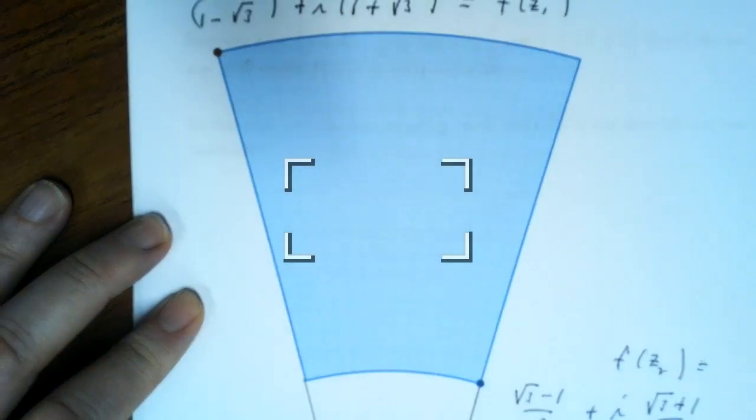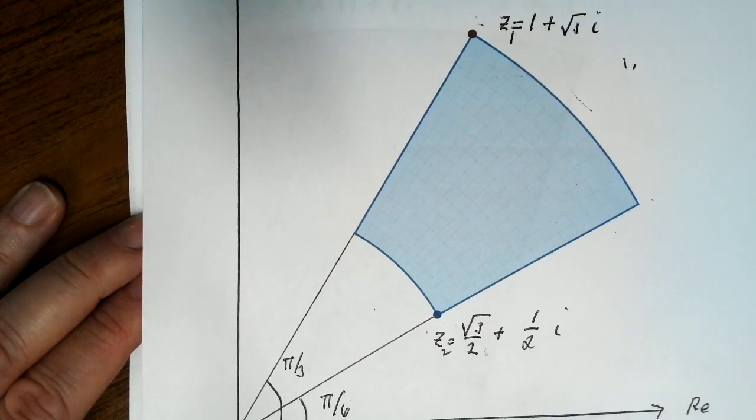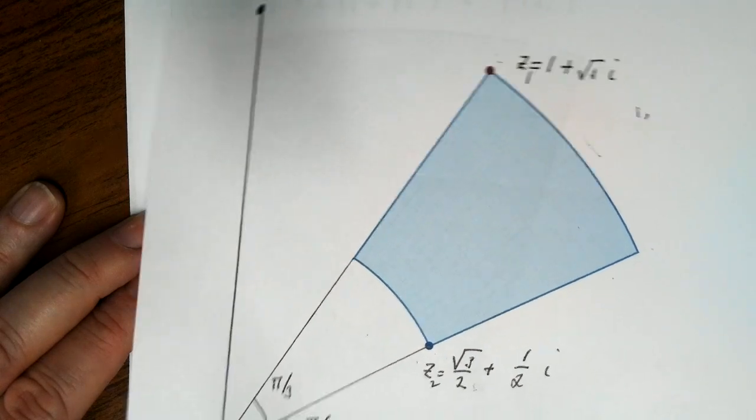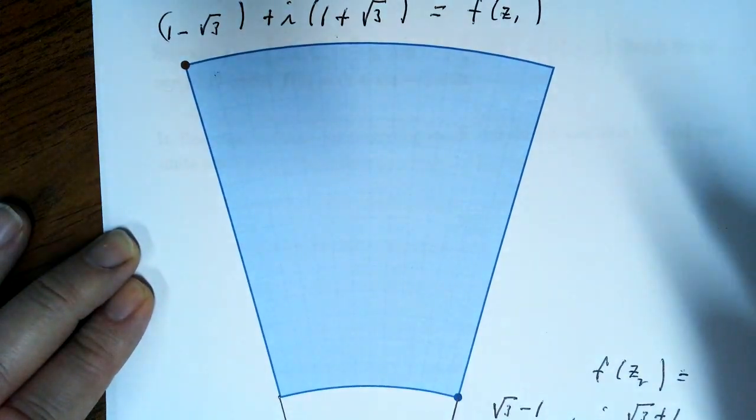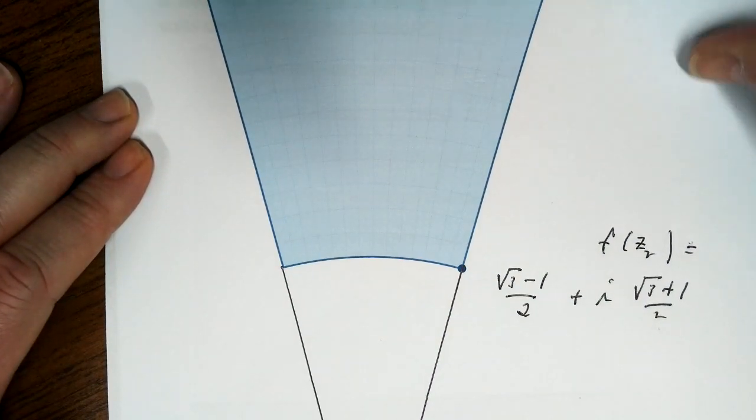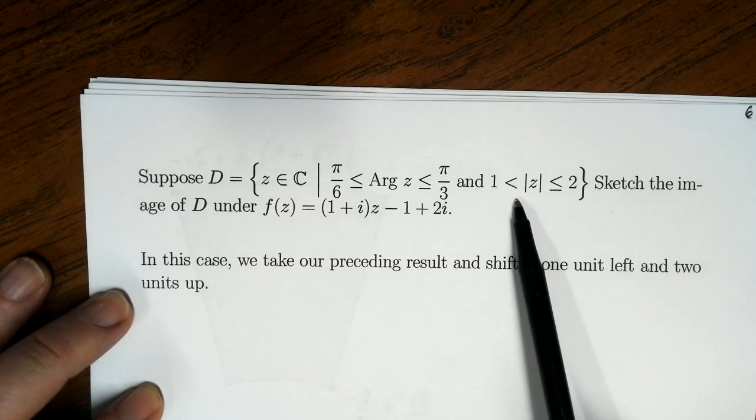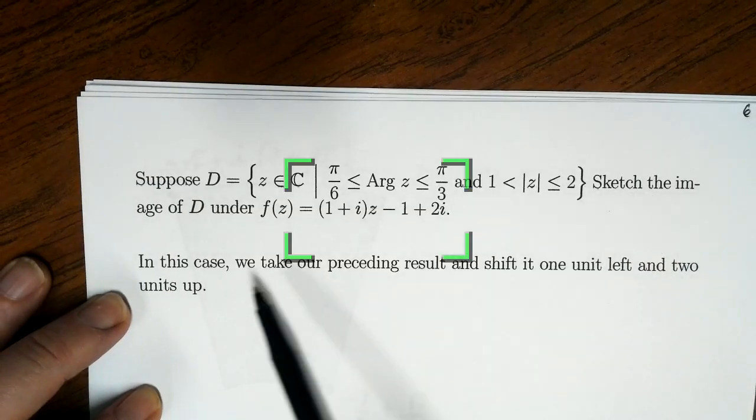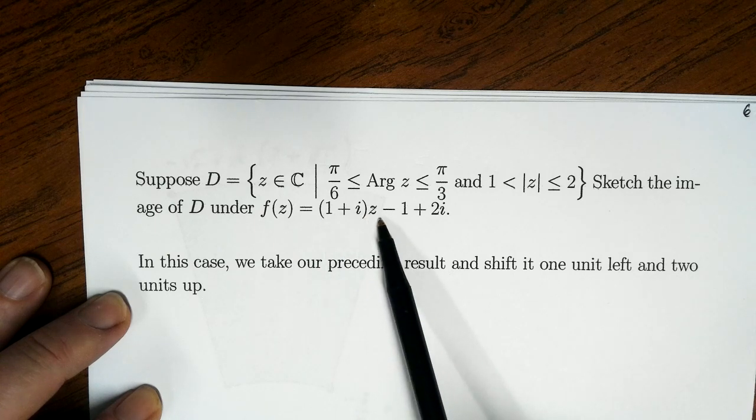So if I take this little sector in the complex plane, and if I look at the image of that sector under the function f, I get something that looks like this. Now let's say we change things a little bit. Let's say we look at the same region in the complex plane, and now we want to sketch the image of D under f of z equals (1 plus i) times z